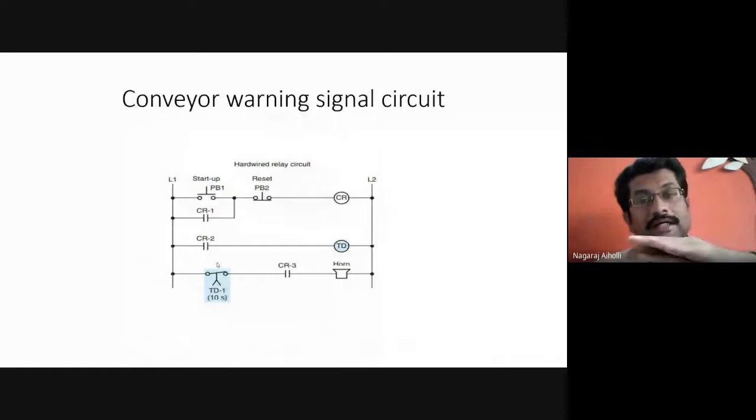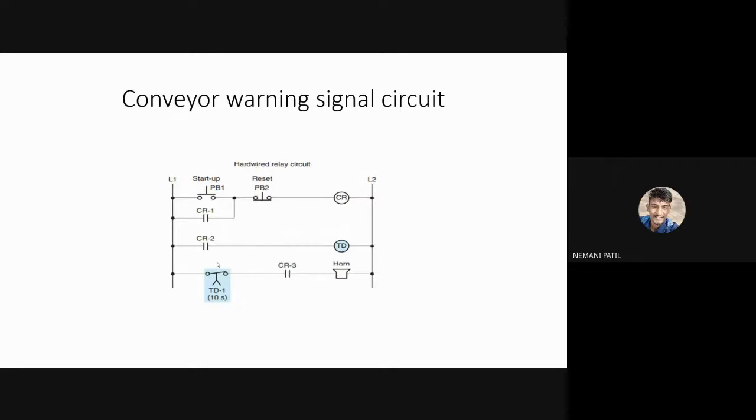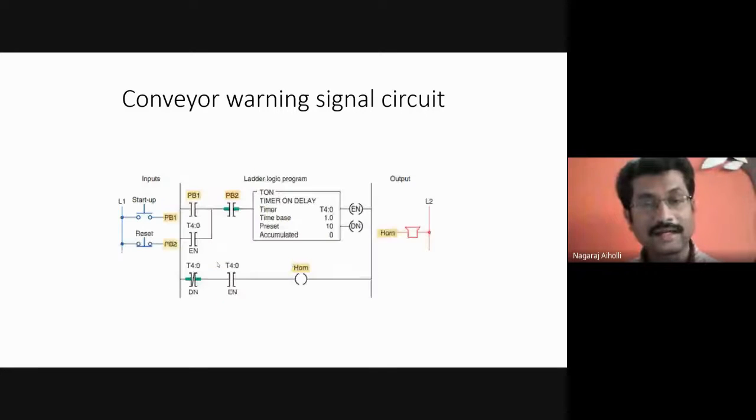When it starts slowly opening, even though it is open for a small duration, the rung will not become discontinuous. It is not going to open the circuit. It will open the circuit only after the time has elapsed, only after it has completed its timing of 10 seconds. Only then the circuit will become open and the horn will stop its blowing. I hope now it is clear, students. Yes, sir, this portion is clear. It is similar for the ladder rung also. Both are almost equivalent.